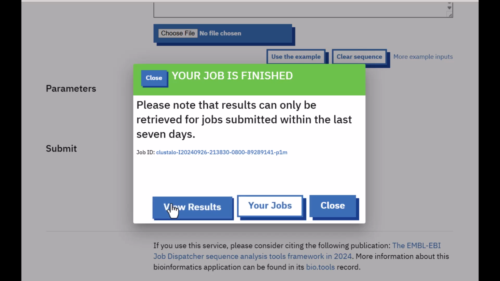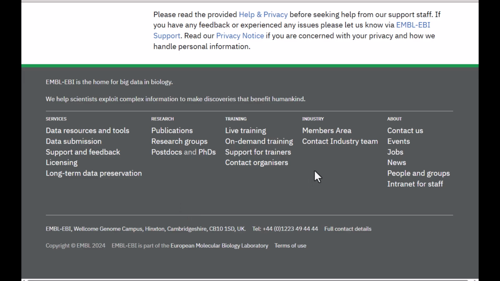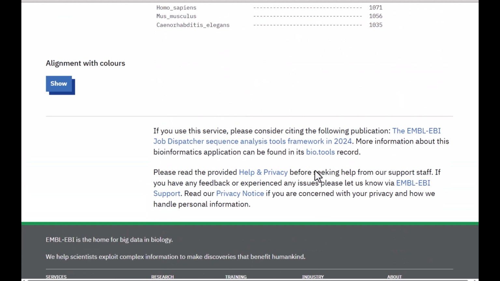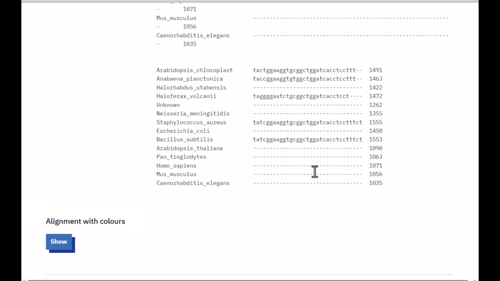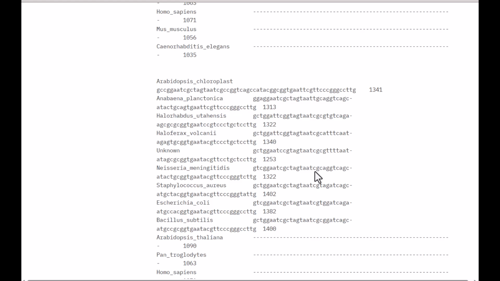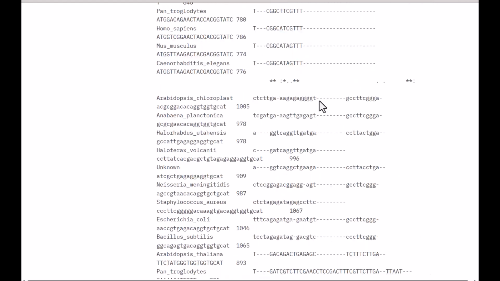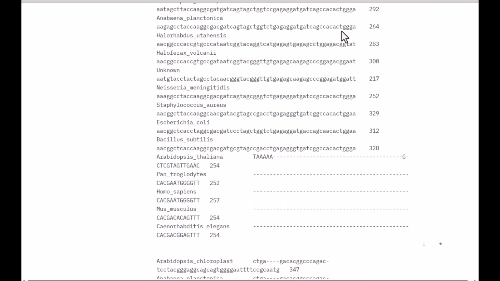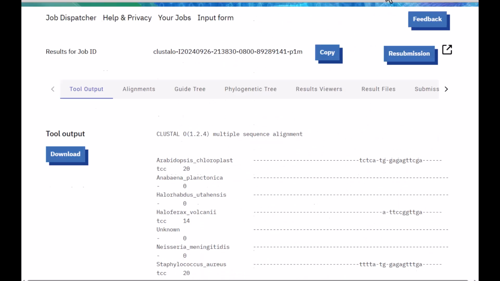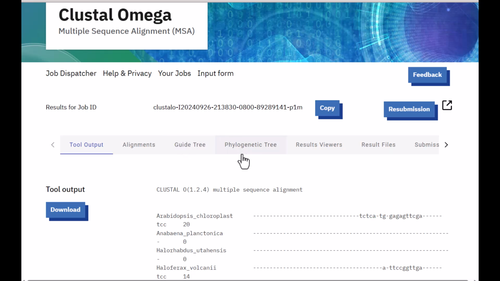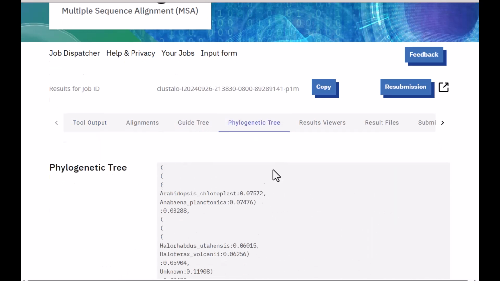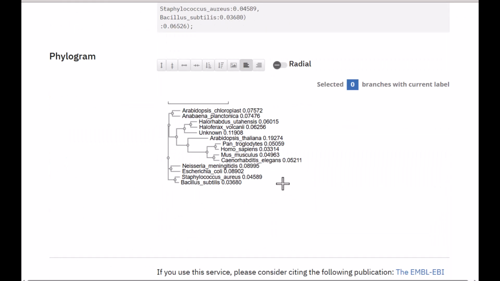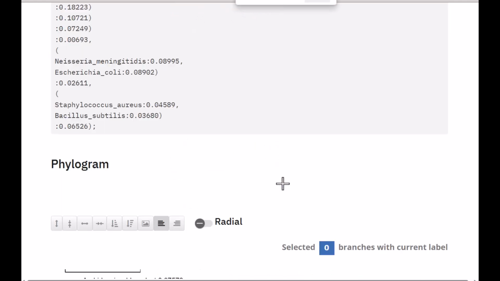So this is the alignment, and then this is the alignment result, and now we need to just find the tree. Here we go. Here is our tree, and again